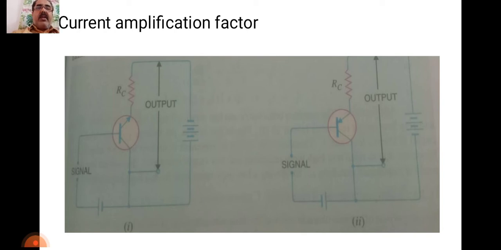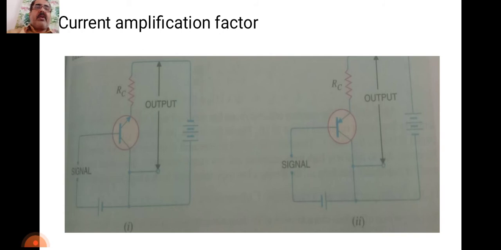You have to observe in this figure there are two figures, one figure and the second figure here. The first figure shows a common collector NPN transistor. Here you have to observe that the arrow indicates whether it is NPN or PNP. Here the upper arrow indicates it is an NPN transistor, and in the circle the arrow indicates the transistor in the PNP circuit here.